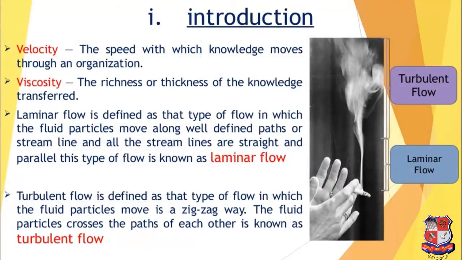Now for the introduction, you can see in the image that in the lower part of the smoke there is a laminar flow. Laminar flow is nothing but the flow which flows in sheets, like in laminas, and in turbulent flow it has no definite velocity vectors. Now for the velocity vectors, we must know about velocity. Velocity and speed are different. Velocity is a vector and speed is a scalar.